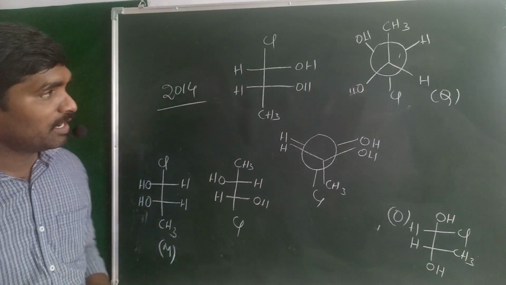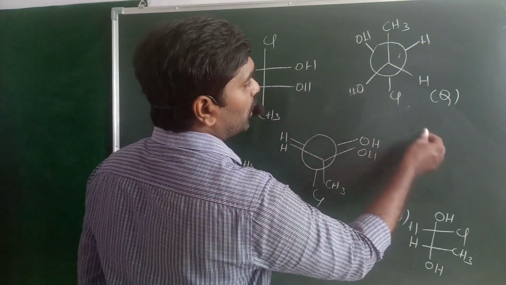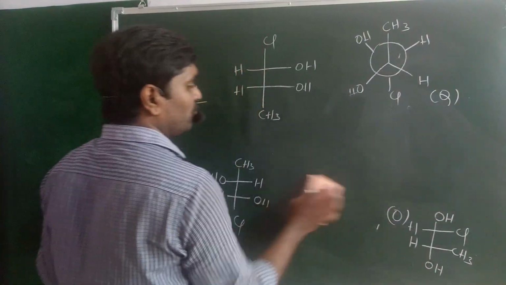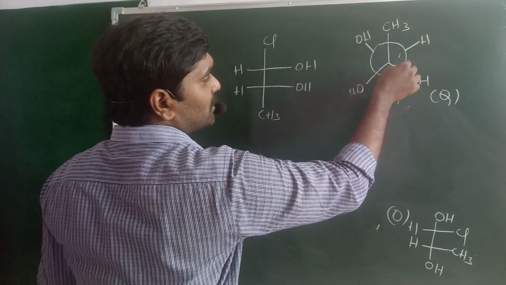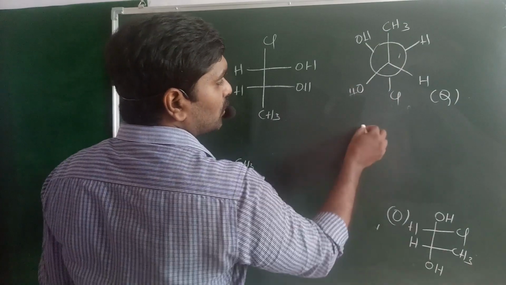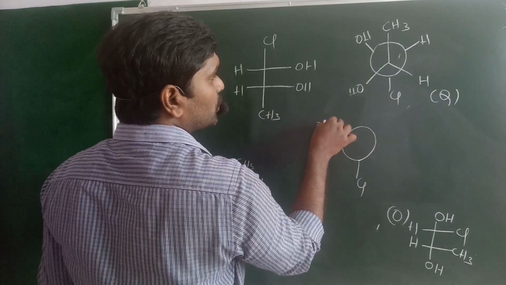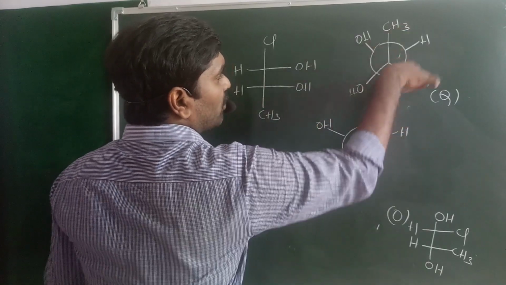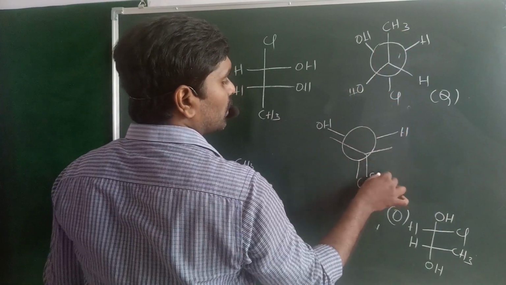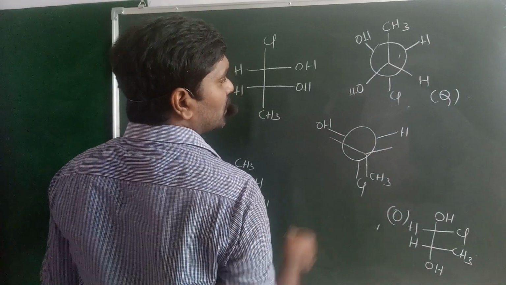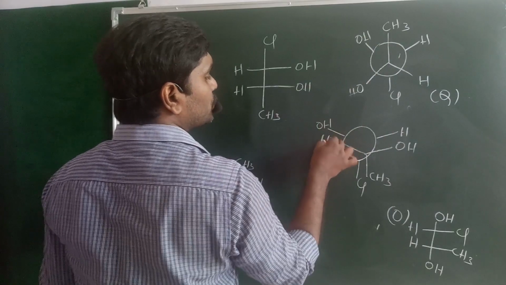Okay guys, next one, Q. What about Q? Again it may convert into the Fischer projection formula. So by rotating 180 degrees, first staggered converts into the eclipsed like this. On back side carbon you have the Cl, left hand side OH, and right side hydrogen. By rotating 180 degrees, CH3 is nearer to the Cl, and OH is nearer to the hydrogen. This hydrogen is nearer to the OH.